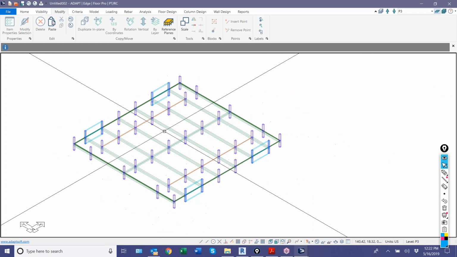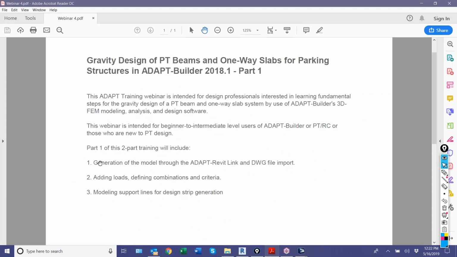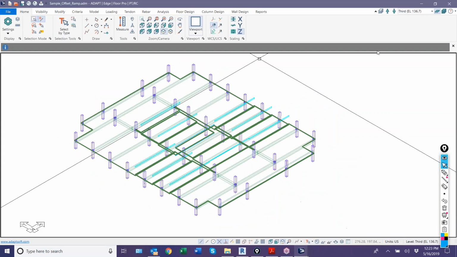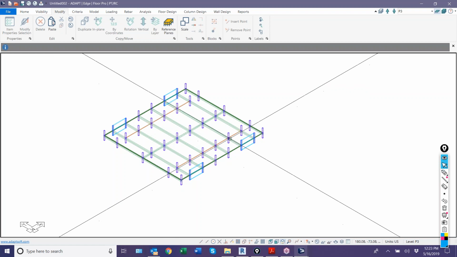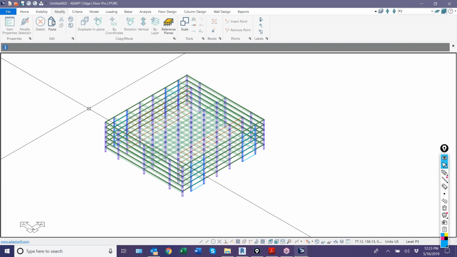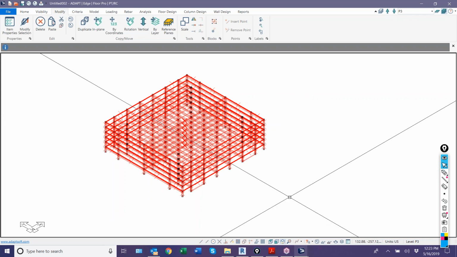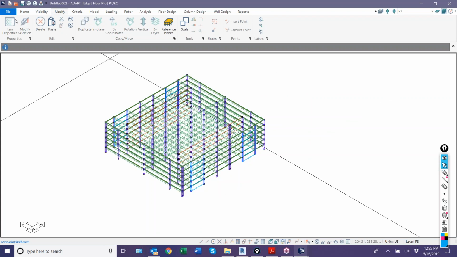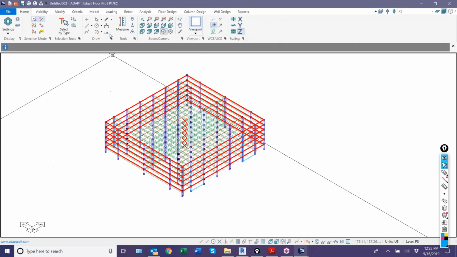single level mode, and we want to first set up, coming back to our cheat sheet here, we generated the model. We're going to now add some loads, define combinations and criteria. If you want to add loads to the entire structure, then it has to be in multiple level mode. Otherwise, you'd have to copy the loads that are placed on this particular level. So if I go back to multi-level, and let's say I just select all of my slabs. Here, window selecting selects everything, or I can use select by type, which lets me isolate. So I'll select slabs, and we're going to add